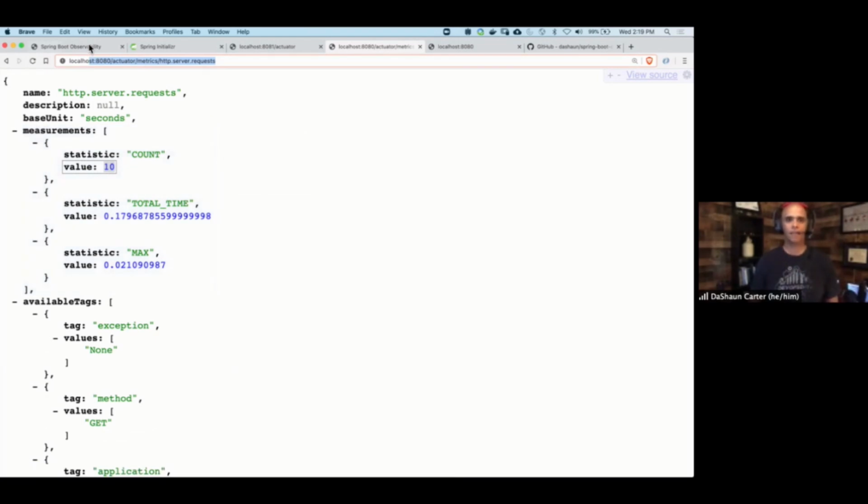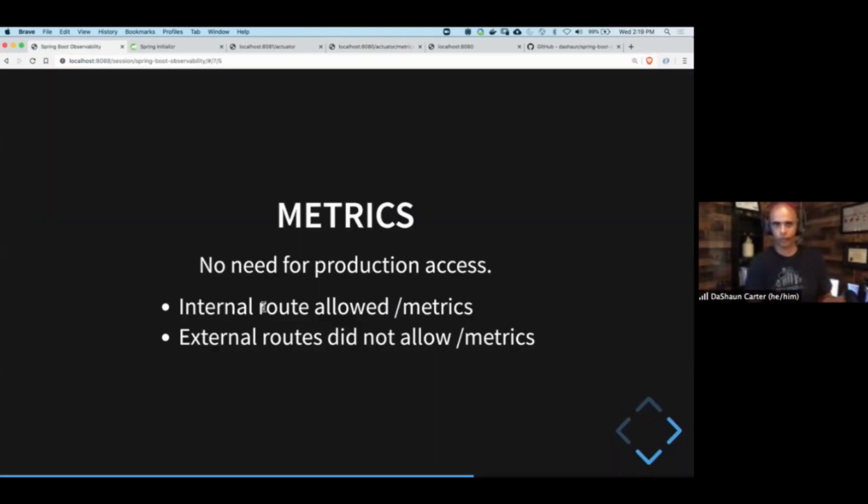What we had at the time was an internal route. So our 10.network or our 192.network had the ability to say, hey, I will allow traffic from 10. or 192. to see that metrics endpoint, those secure endpoints. But the world, production, the outside world, they did not. So the security team was happy. My team was happy. I had this ability to go in and look at each and every instance of my application, from my laptop environment to dev, to QA, to prod. It was all there. Every instance,